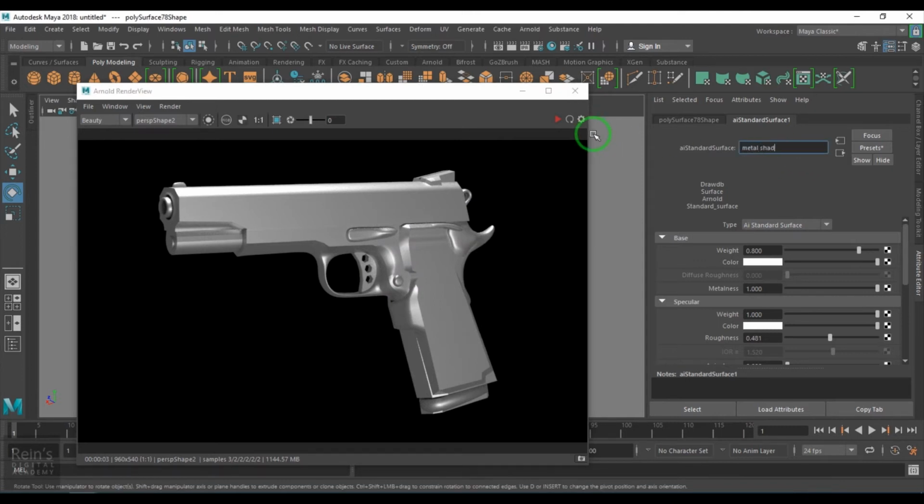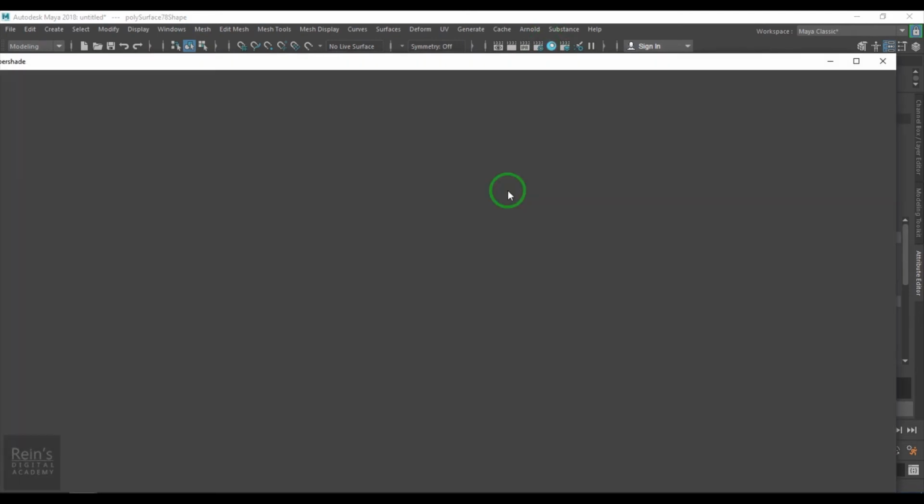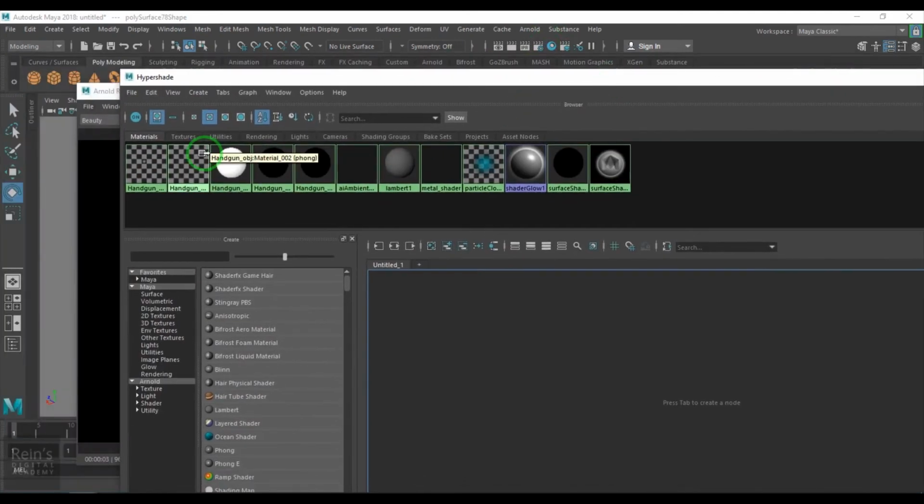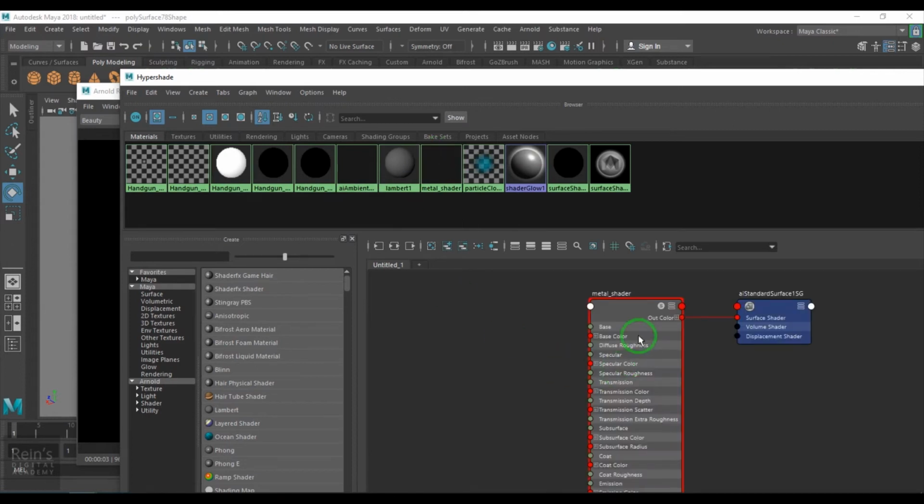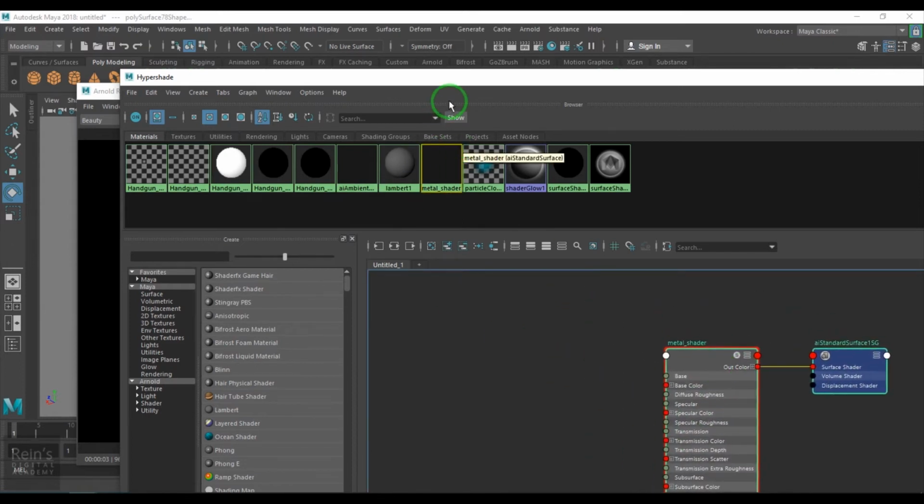Okay, so I'll just increase the metalness and increase the roughness so that it becomes metal there. Okay, so we will name this as metal shader.